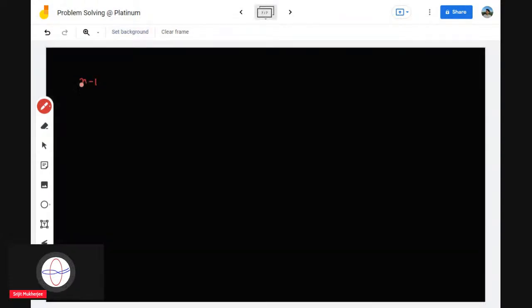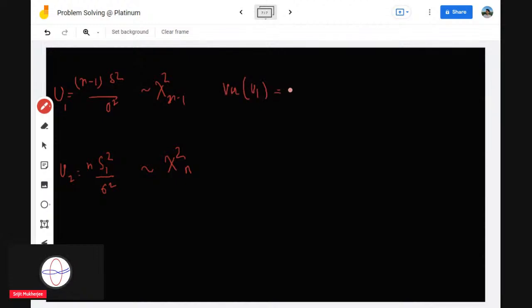Let me share again. Let's call u1 to be (n minus 1) s square by sigma square. When mu is unknown, this follows chi square n minus 1. And u2 to be n times s1 square, the other case when mu is known. This follows chi square n. So therefore the variance of u1 is what? The variance of u1 is